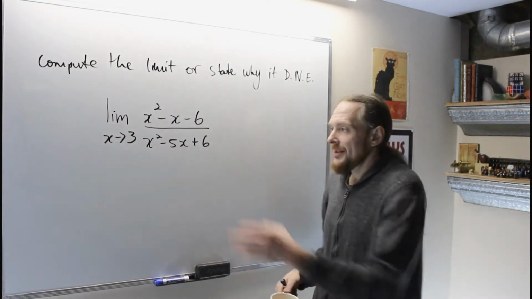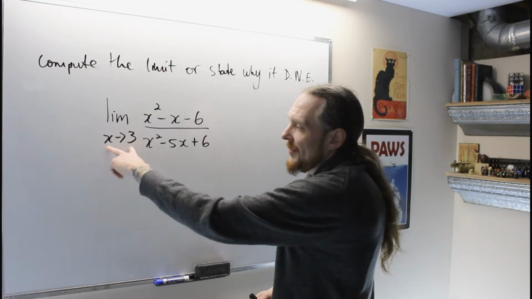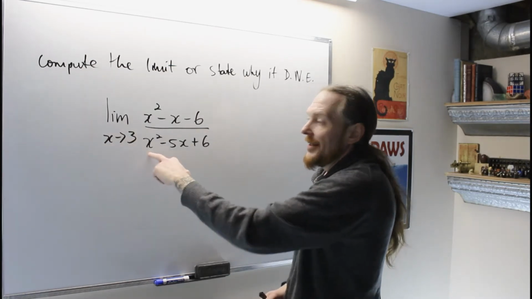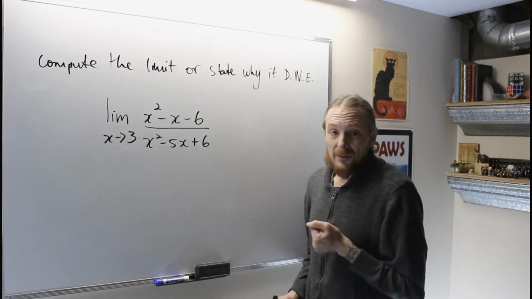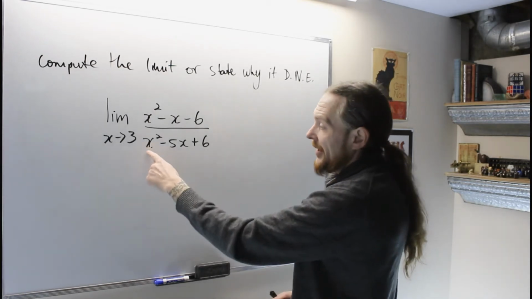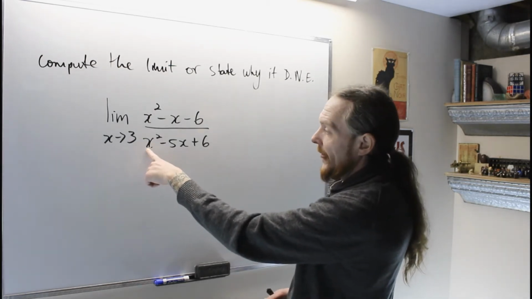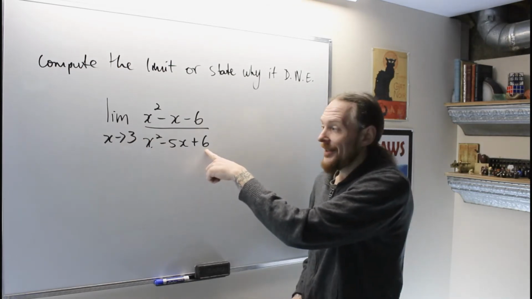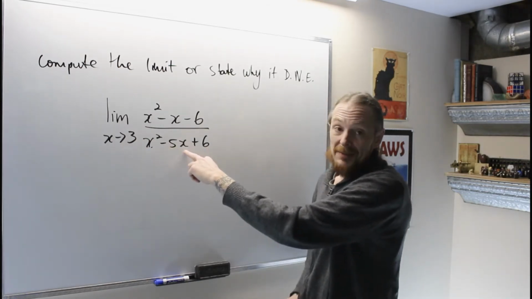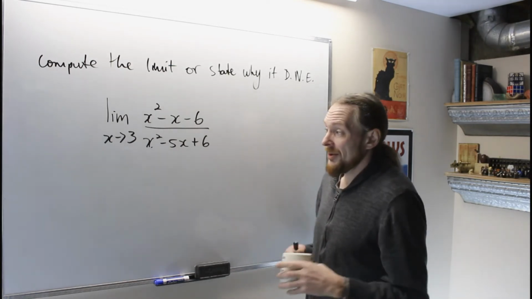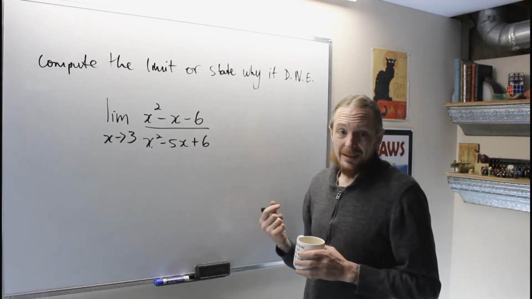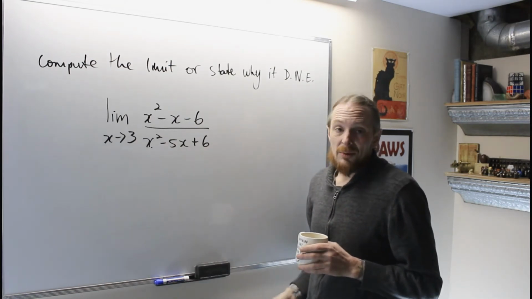So the first thing we do is we look at the limit and I say, where am I going? I'm approaching 3. And then if I have division, usually I don't want division by 0, so that's where we're looking for there to be a problem. And if I put 3 in there, I'm going to get 9 plus 6 is 15 minus 5 times 3, which is 15, so I get 15 minus 15. This is 0. This is what the problem is. When I try to put 3 in there and just compute, I get division by 0 at 3, so